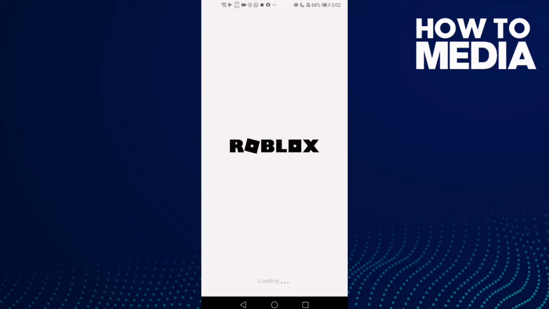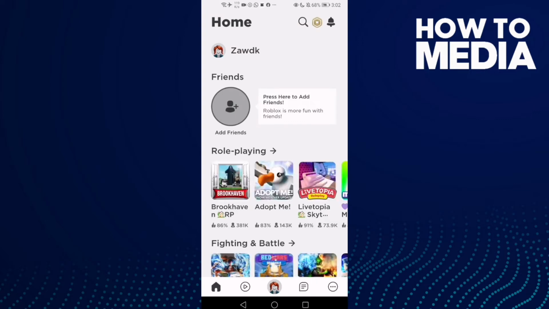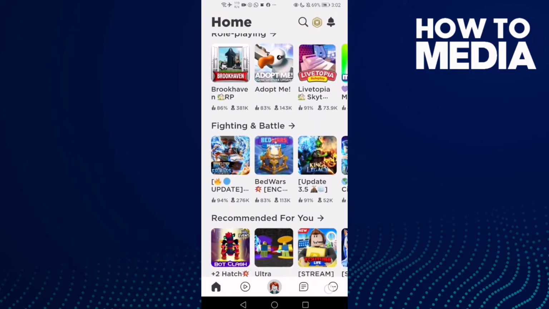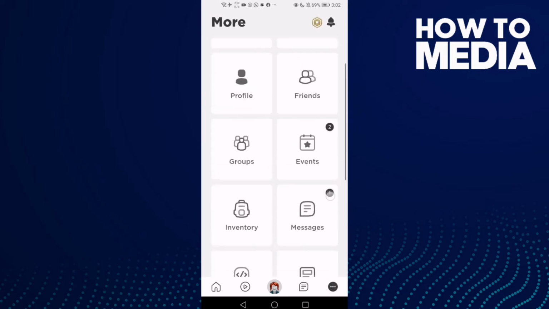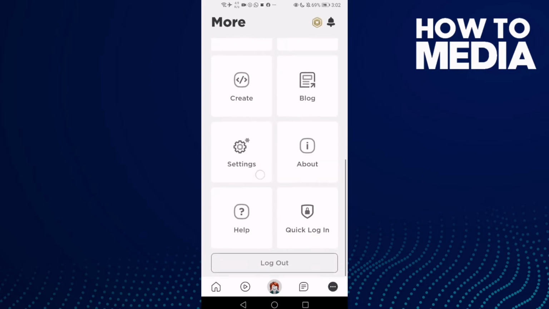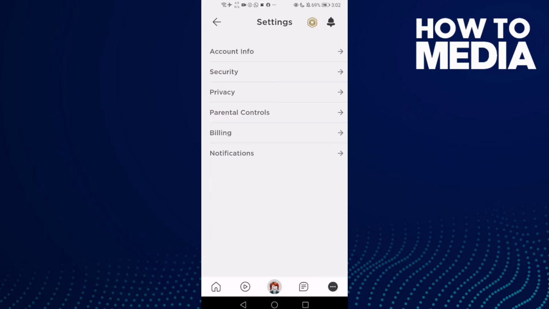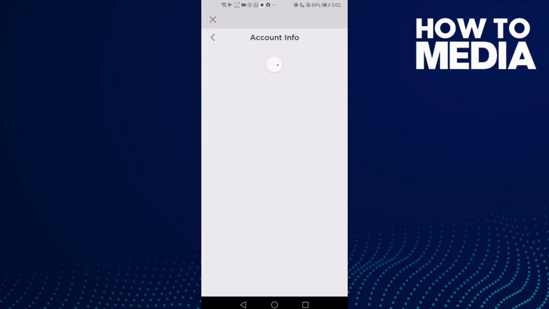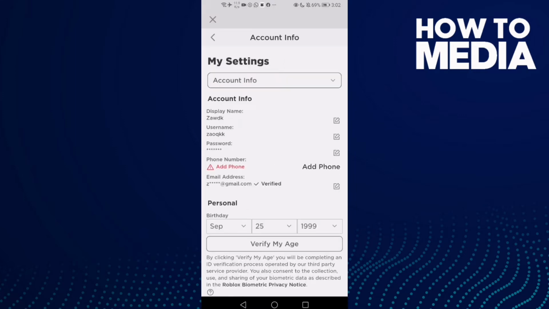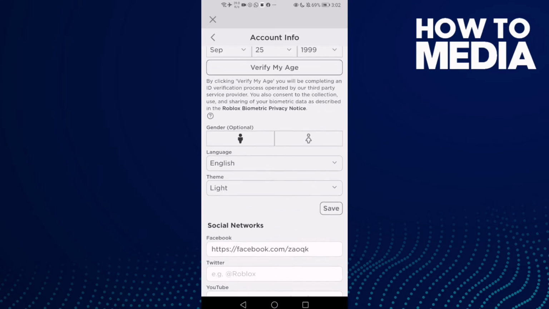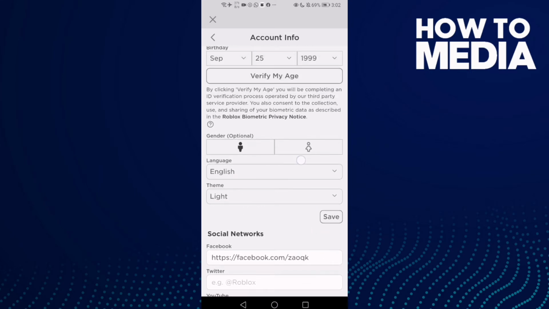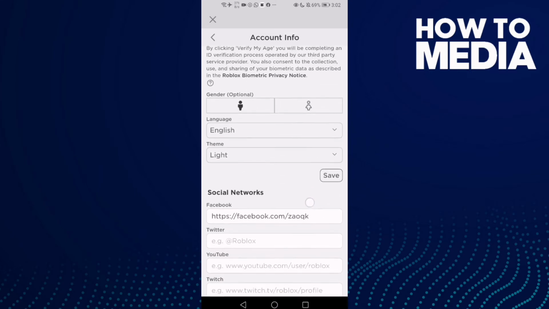First thing, go to Roblox and here just click these 3 points and now click settings, and here you can find account info. Just click on it and you can manage here anything you want, like gender, language and theme,